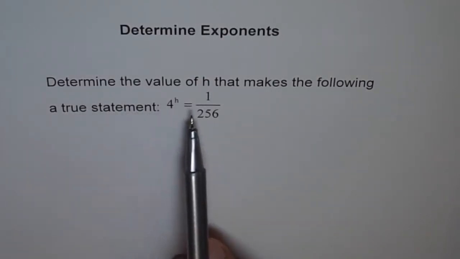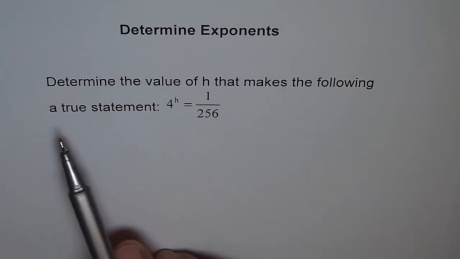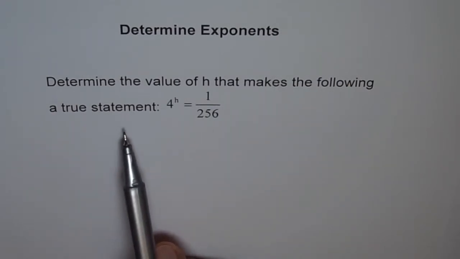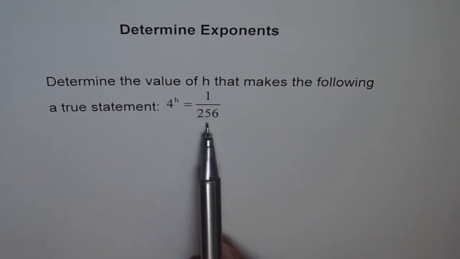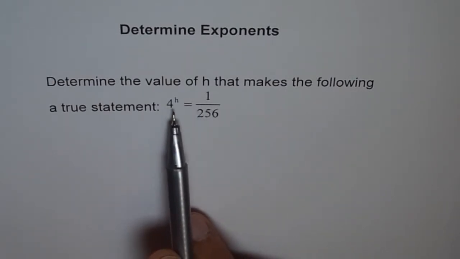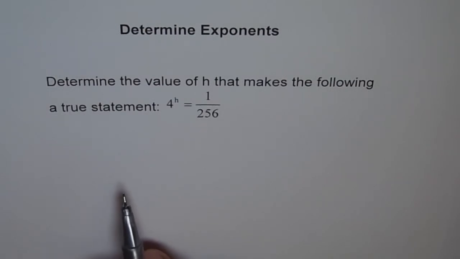Determine the value of h that makes the following a true statement. 4 to the power of h is equal to 1 over 256. So you have to find what h is, right? Now,